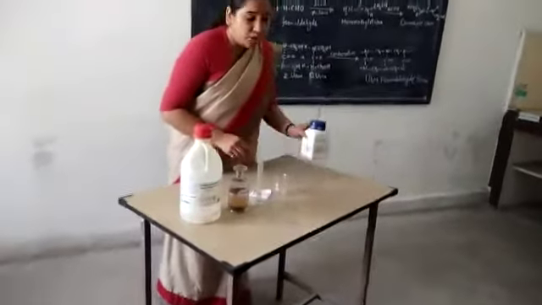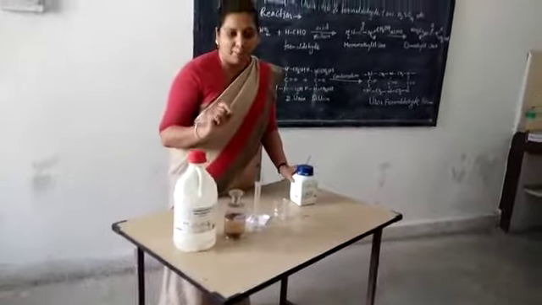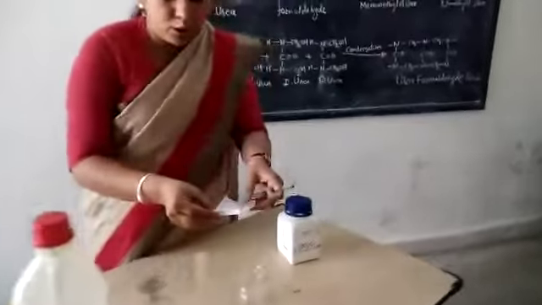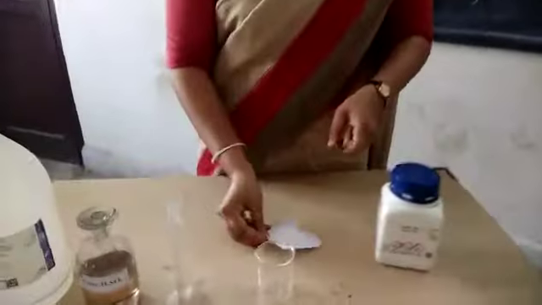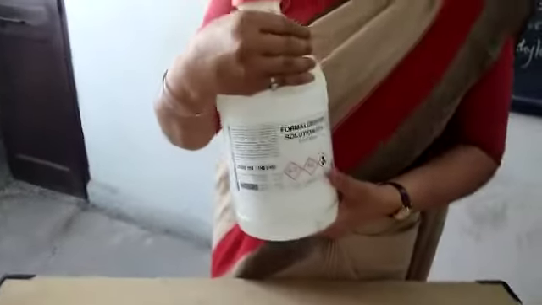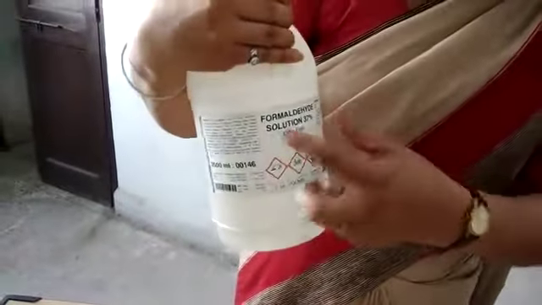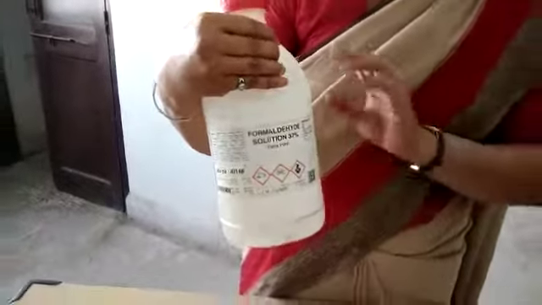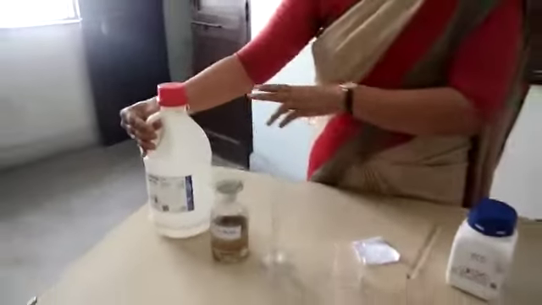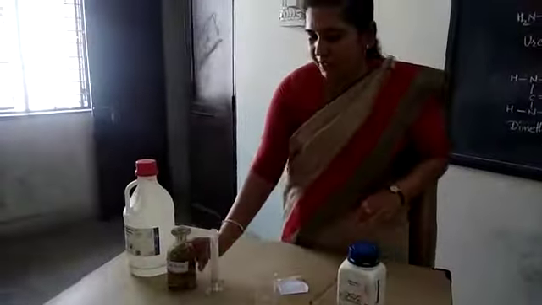So here urea is required, 2.5 gram. I read it already, 2.5 gram of urea. Then I will need this formaldehyde. It is nearly 40%. Generally it comes 37 to 41%, so any we can use. So here 37% formaldehyde, and we will need here concentrated H2SO4.